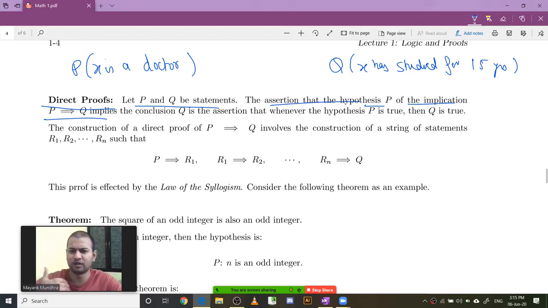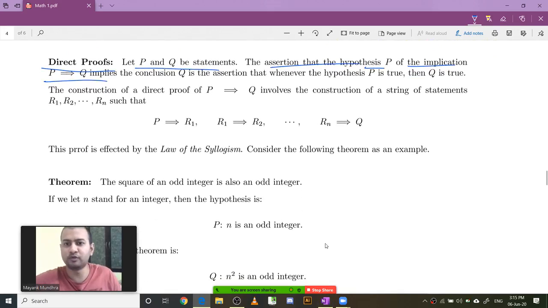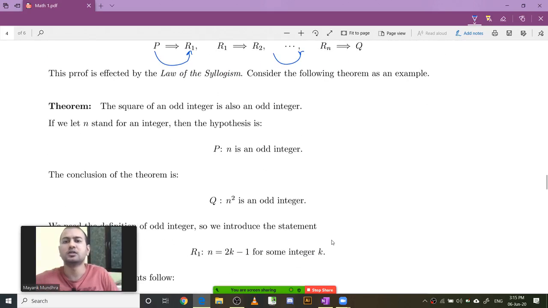So it's okay if a lot of students don't do nursery or kindergarten. If you have also done that, then you have done studying for at least 18 years. But at least 15 years we can say that anybody who's a doctor has done 15 years of education. So that is your direct proof. You construct a chain of statements, one statement leading to the other, and finally from P you try to reach the statement Q. So from P you reach a statement R1, R1 to R2, R2 to R3, Rn to Q. This is how you construct your chain. This is basically called the law of syllogism.